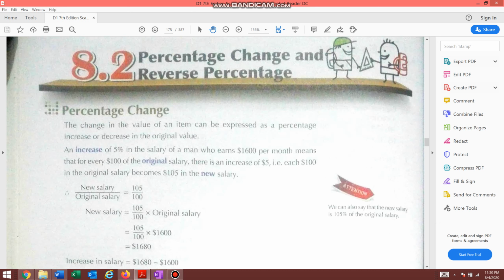Let's suppose the petrol or the oil prices have gone up 1% or 2%. So they have increased by this much or decreased by this much. When you're shopping, when you're going somewhere, you say the prices have increased 20%, 30%, things like that. So when you're talking about percentage change, there can be increase or decrease. So that is where this concept of percentage is used. This is one of the most important concepts of percentages, where you're using percentage change. So you'll be able to better understand this when we start solving the questions.